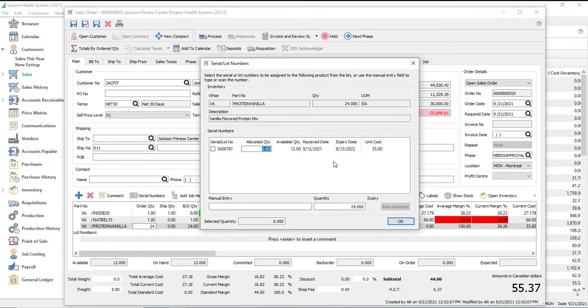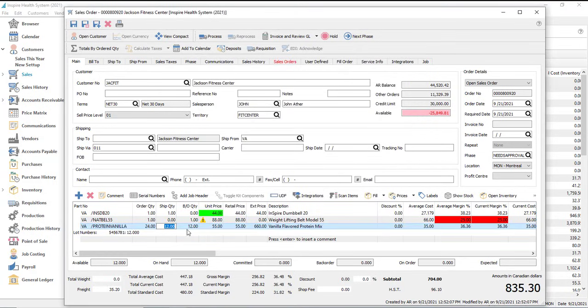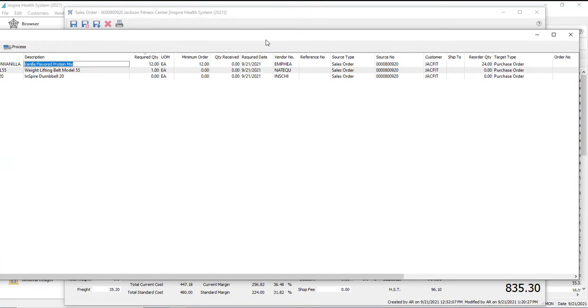We can't overcommit, so I'm going to take those 12 and click OK and accept. And we've got 12 of them back ordered. So at this point, we want to be able to order some more of those from our supplier. Okay, so what we do is we just highlight that, and then we click on requisition, and it pops up,